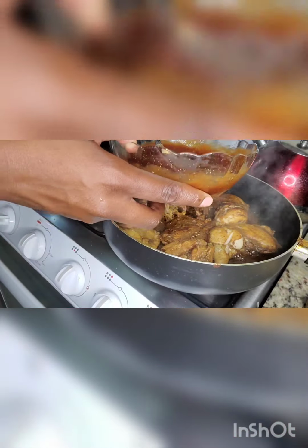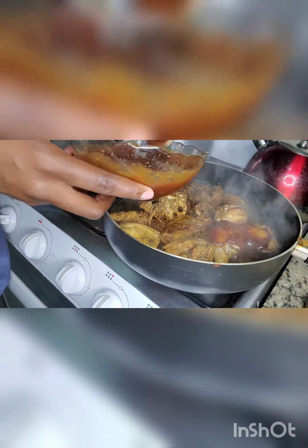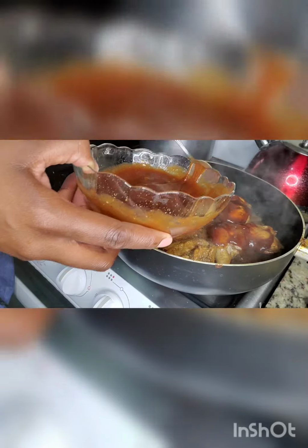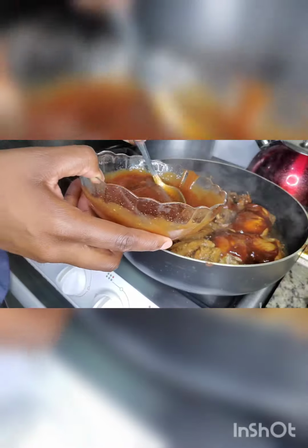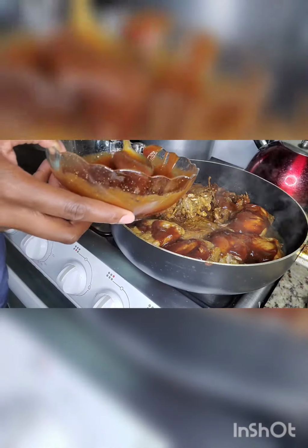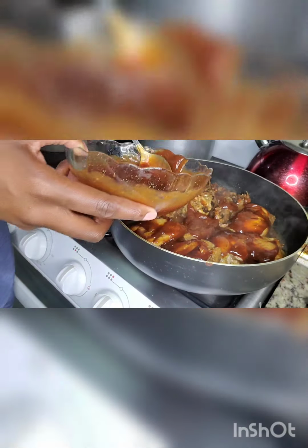So here I go. I started to cover my chicken now with my sauce. If you have your brush, you can use it, but I don't have, so now me I try to tell me and make fashion. So see me I use spoon. There's always another way to do things. So I'm using this spoon to spread it